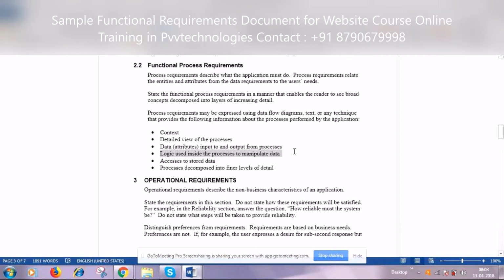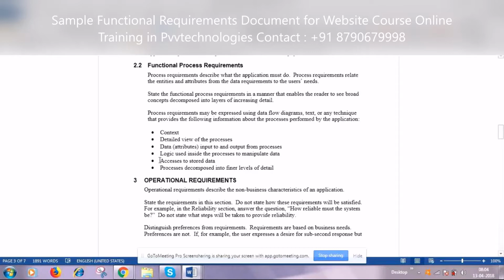Then what is the logic used inside the process? The one example that we have taken is a very simple case, so nothing big logic behind it, but still you have all the validations. Within the detailed view process itself, you can say what the validations are. When I tried to sign up and provided an invalid email, on tab out it is saying the email ID is invalid. Likewise, the mobile number was also stated as invalid. So you have all the validations in place to ensure that only valid data is captured.